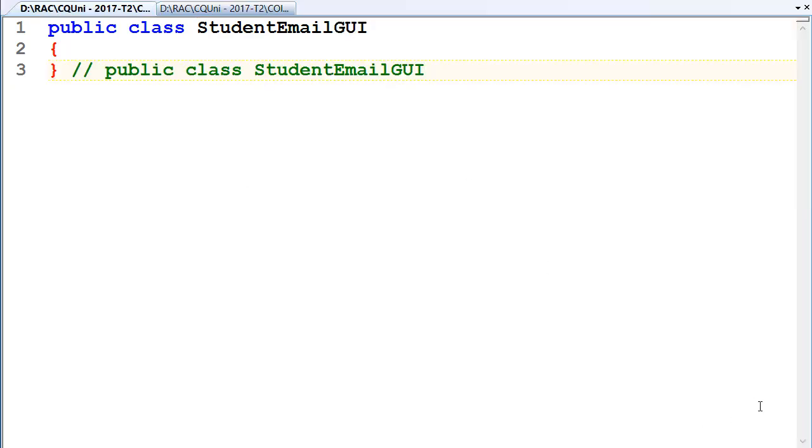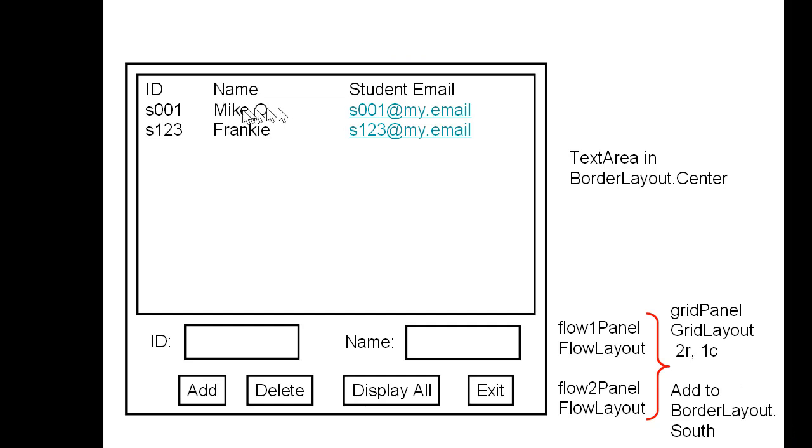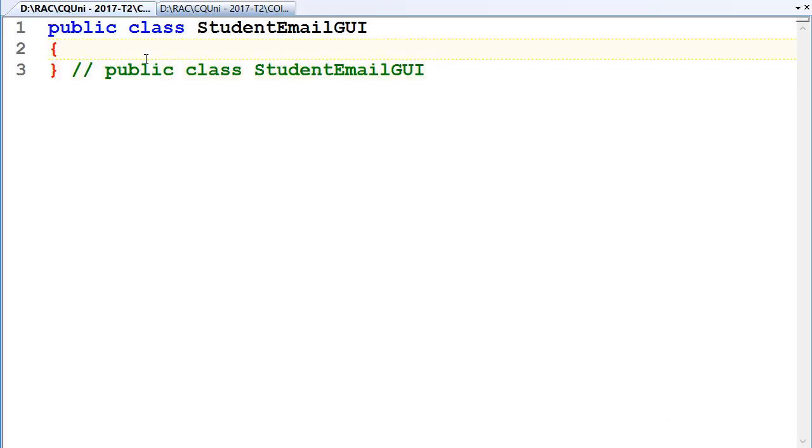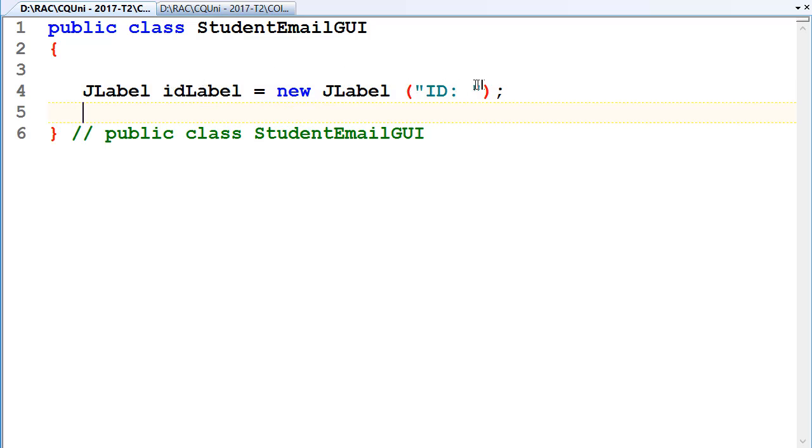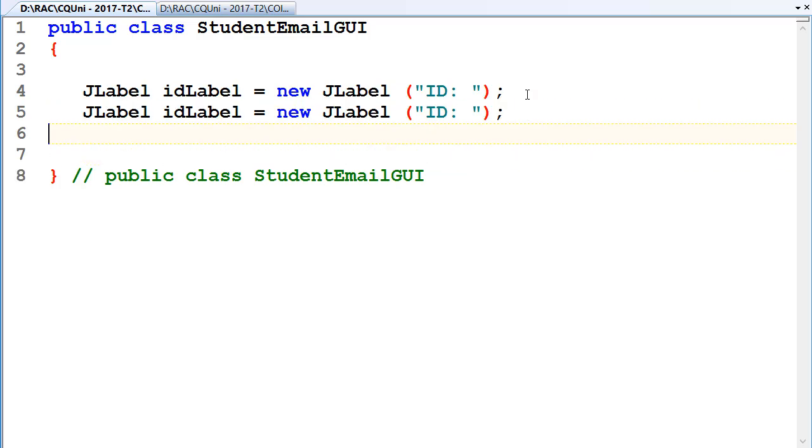Okay, so now we're ready to do our GUI class. So let's just look at our storyboard again, and we need a text area, 2 labels and 2 text fields. So let's do that for now. J label, ID label equals new J label, ID, or ID if you want uppercase, whatever works best for you. If I put a space after it, that's going to put a little bit of space between it and the text field that I create when I add them to the user interface, so it's a little trick there you can use. ID text field,